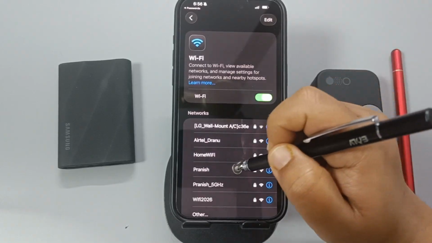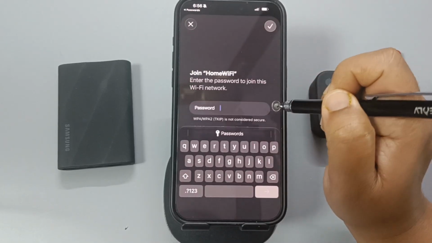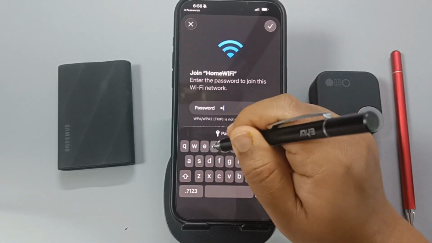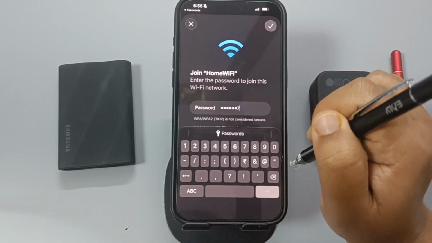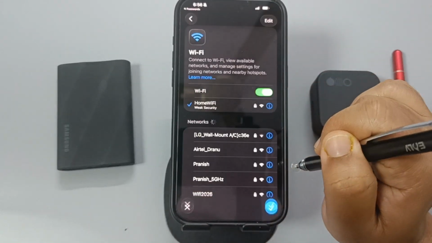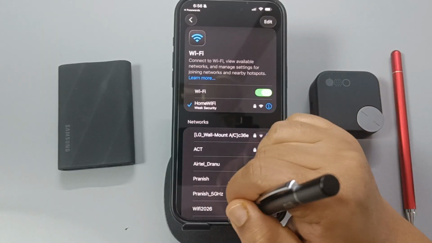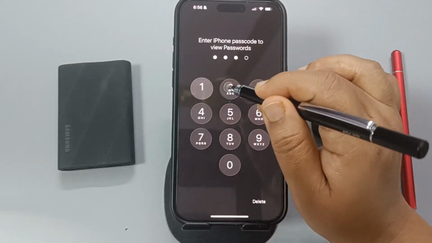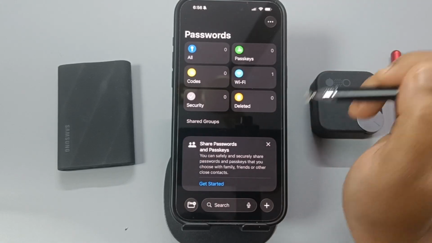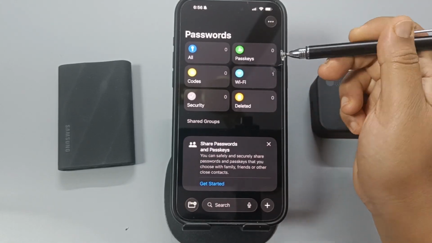Now again I am going to connect this one. Okay. Now it is connected. If you go to your Password application, now you can see under this Wi-Fi,